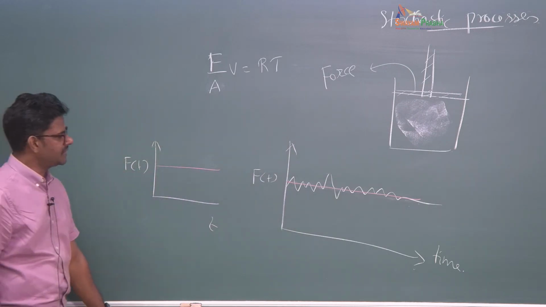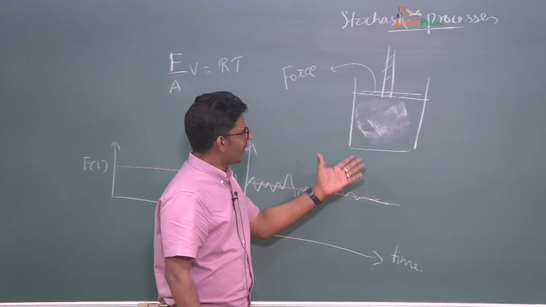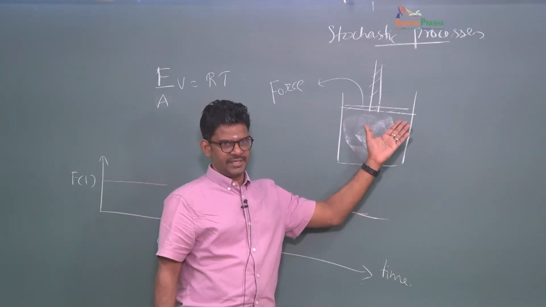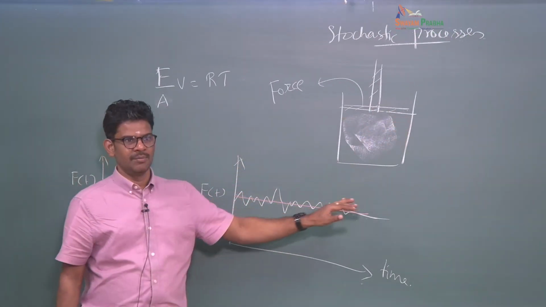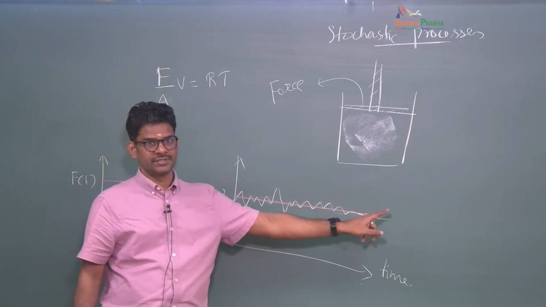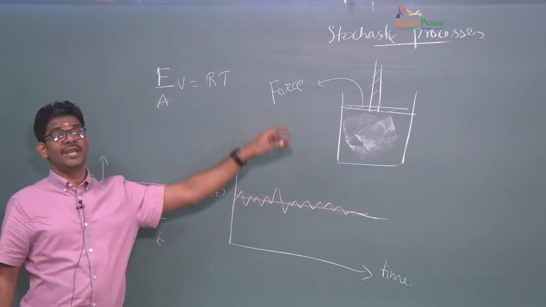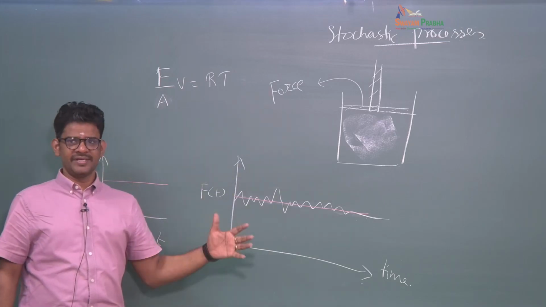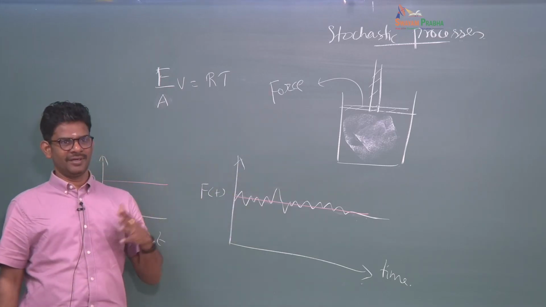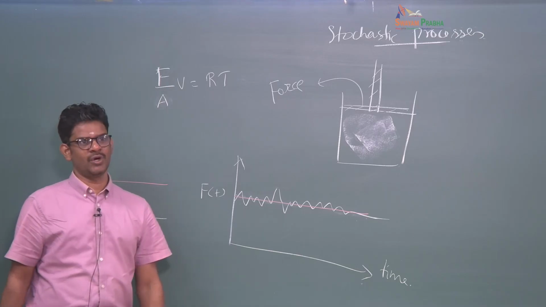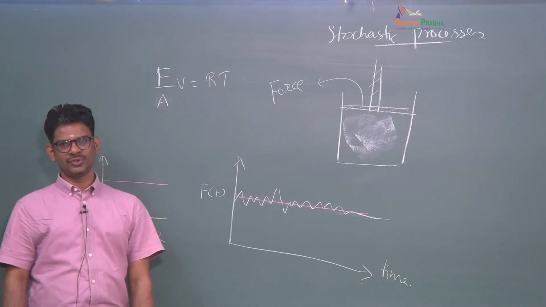Okay, so what we are saying is that naturally any variable that we look at has a fluctuation, but then if I look at the time average of this property, that will follow a nice deterministic relationship. Okay, this statement can be made about any other deterministic equations that you know of. Okay, all systems will show some fluctuations.